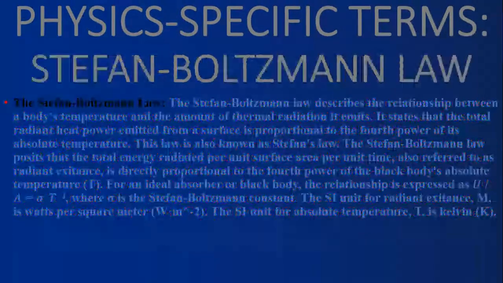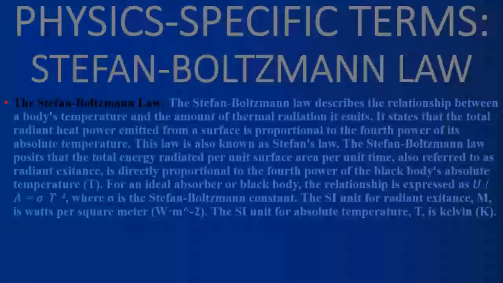Stefan-Boltzmann's law describes the relationship between a body's temperature and the amount of thermal radiation it emits. It states that the total radiant heat power emitted from a surface is proportional to the fourth power of its absolute temperature. This law is also known as Stefan's law. It posits that the total energy radiated per unit surface area per unit time, also referred to as radiant excitance,